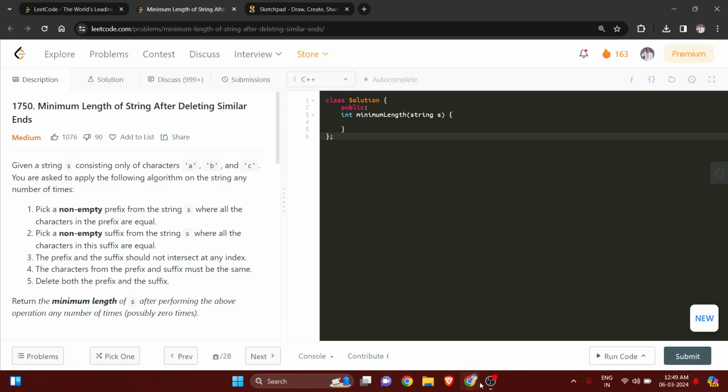Hello everyone, I am Sagar and today we are going to solve the LeetCode question, and that is minimum length of string after deleting similar ends. So the question says that given a string S consisting only of characters A, B and C, you are asked to apply